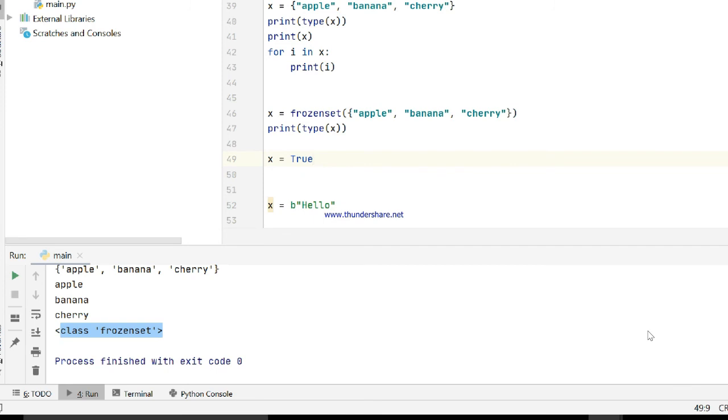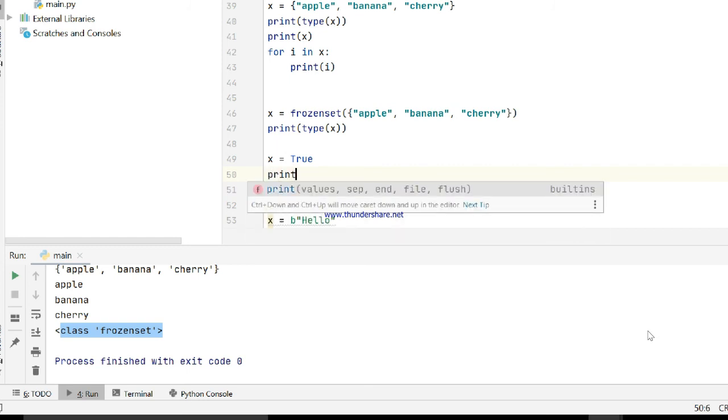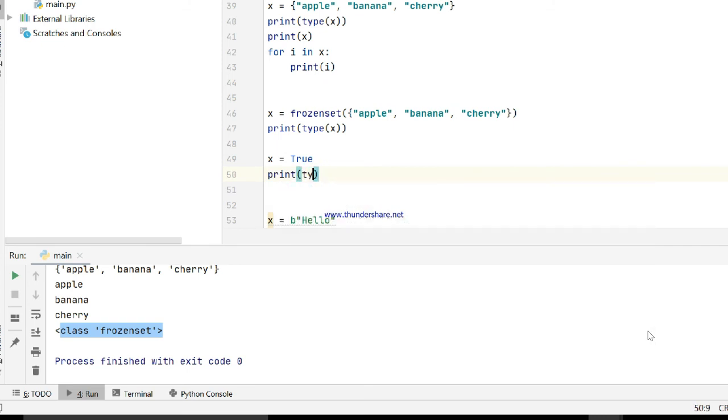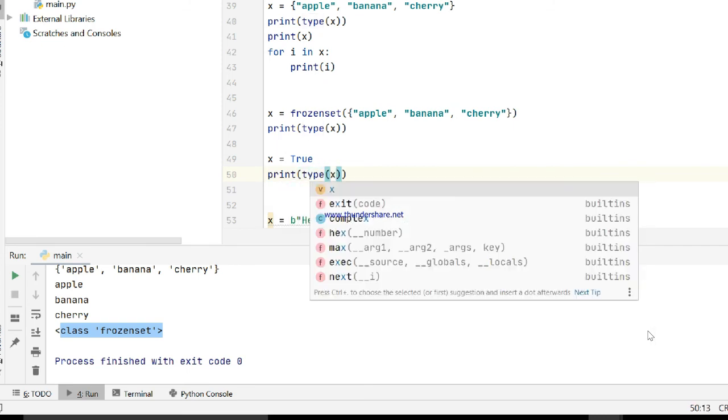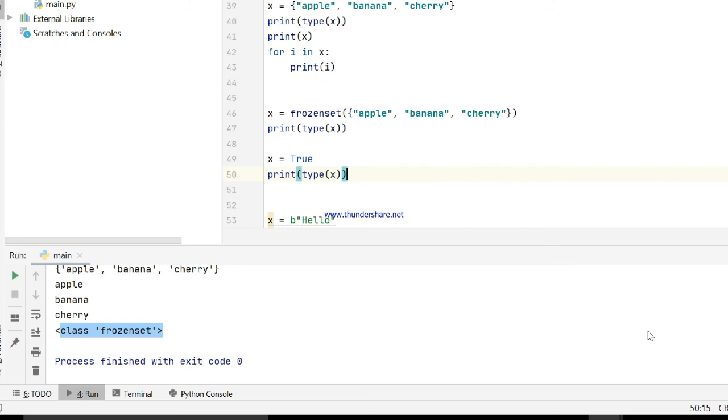Similarly, x equals true, as we have studied in other programming languages, and here also, if a variable has a true or false value, then it definitely belongs to the Boolean type. Just to cross verify, let's check it over here. Run the program, and here is the class name. It belongs to the bool class.